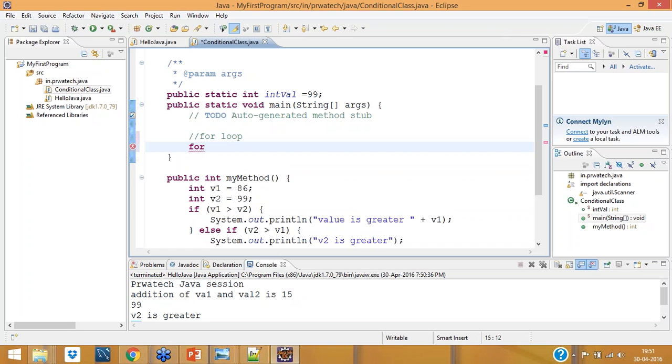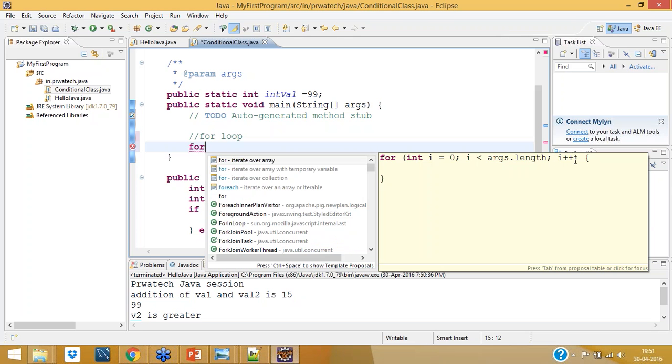For something something something, what you don't have to understand, you don't have to think about, just write for, then click on control space. You'll get this. See, you are able to get this. So for has this kind of statement. Java has two things right now, for and for each.